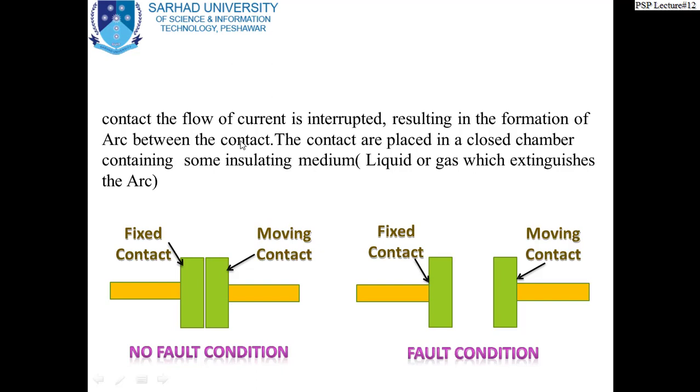You might have detected even a normal switch which interrupts a current of 0.5 or 0.6 ampere or even 1 ampere. In some cases, an arc is produced. Gentlemen, what is an arc? Arc is a continuation of current. It is a resistive path for the current. Unless and until the arc is extinguished, the current continues to flow. Okay.